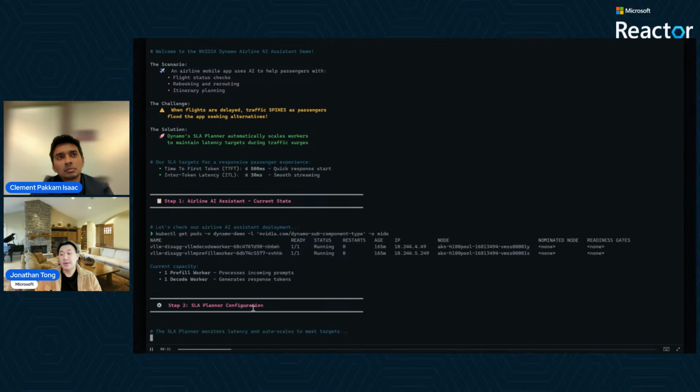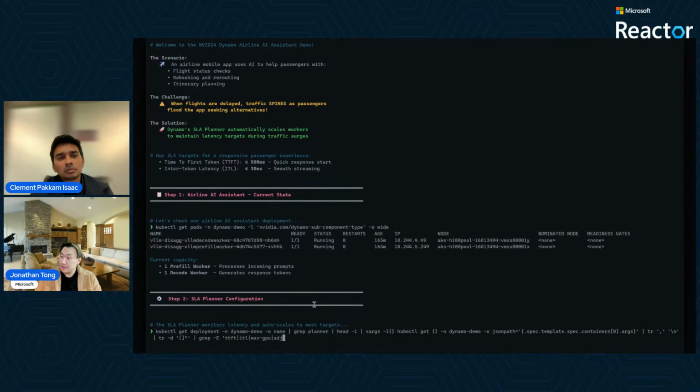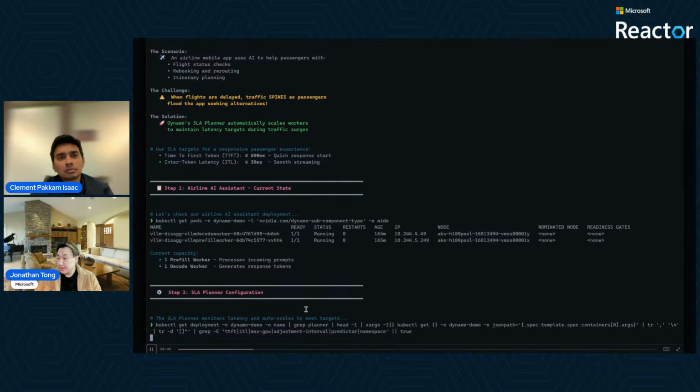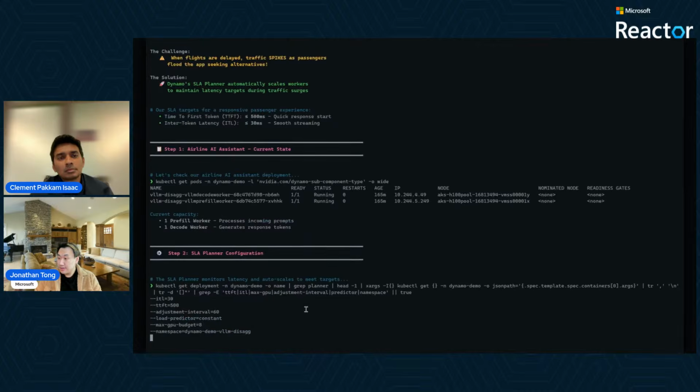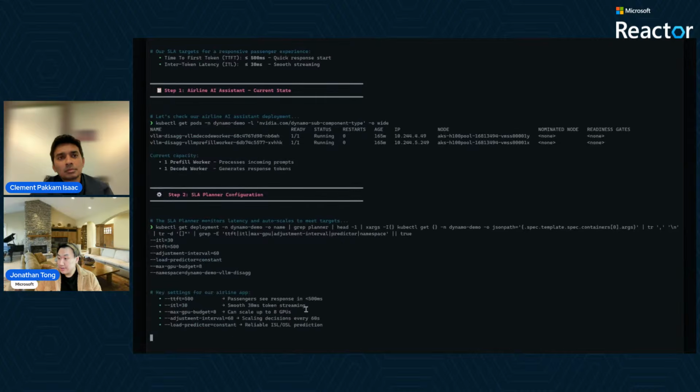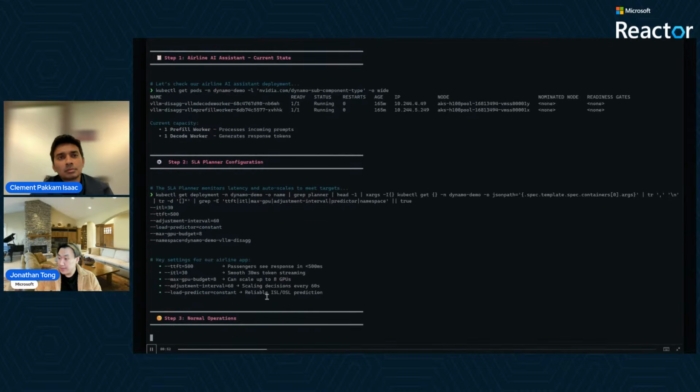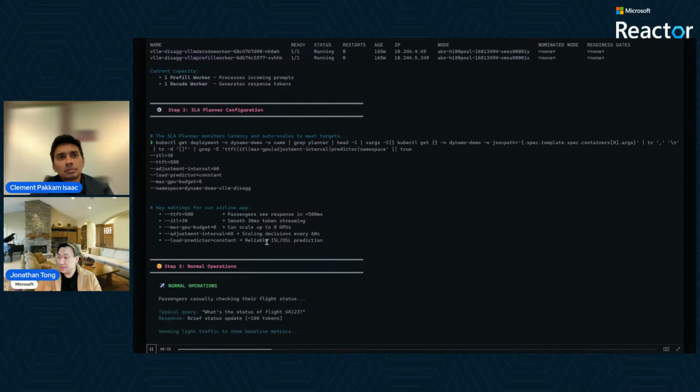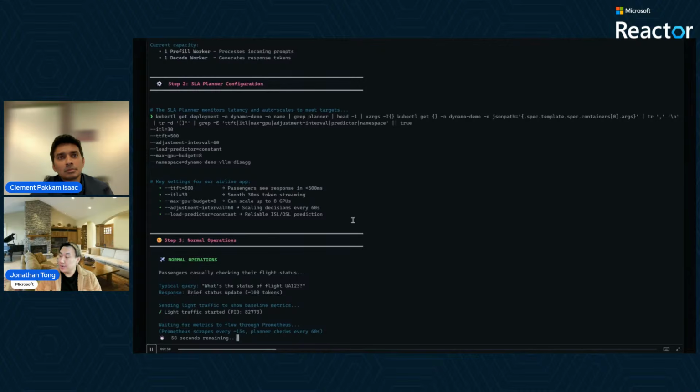and one decode worker. And the SLA planner will monitor your latency and auto scale to meet the targets. So we can see that our max GPU budget is 8. We poll every 60 seconds, and we try to predict as well what our input and output sequence is going to look like. So normal operations, usually it's just going to be pretty small